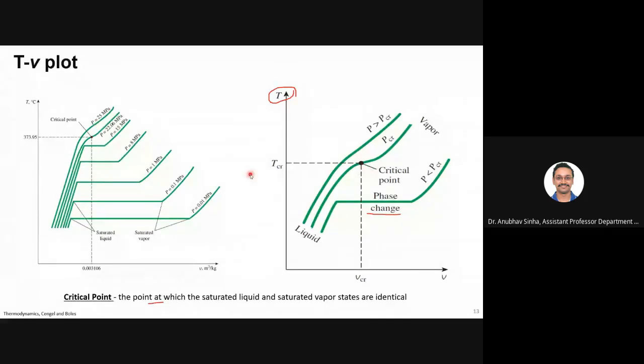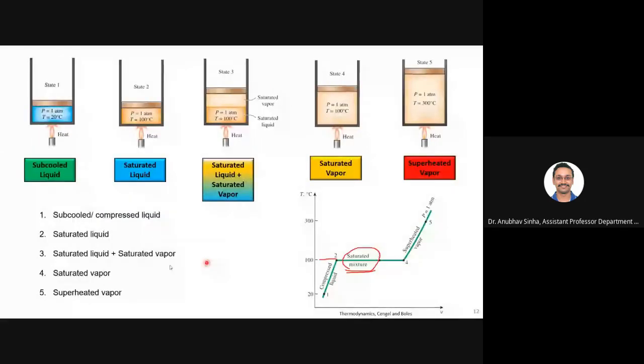So let us try to define critical state by using these two plots. What do you see? If you go to the last slide, let me start from here. Let us say I have a liquid, I keep on heating it, and then it becomes vapor, right? That is what we have done here. If you plot this in a TV plot, you can see at some point the curve gets flattened, or basically the temperature becomes constant for the phase change process, right?